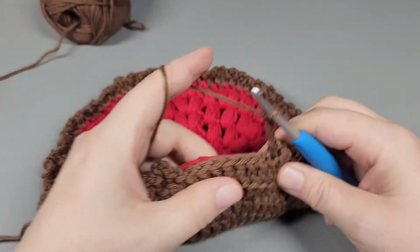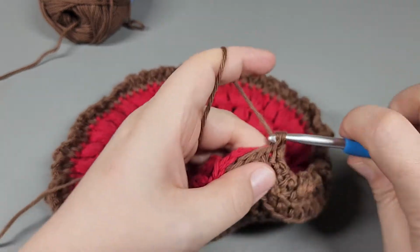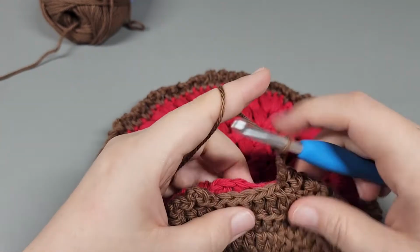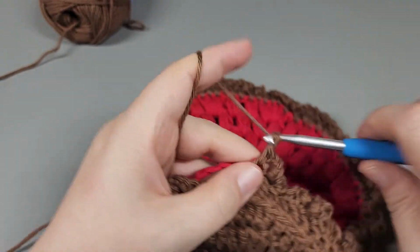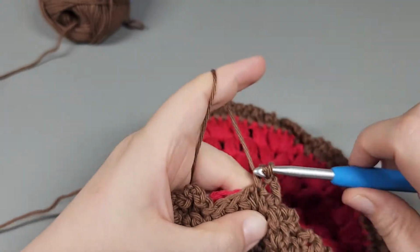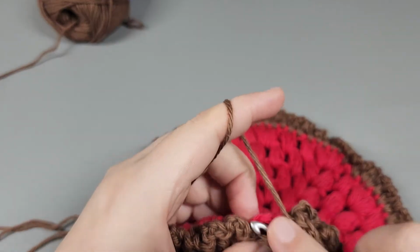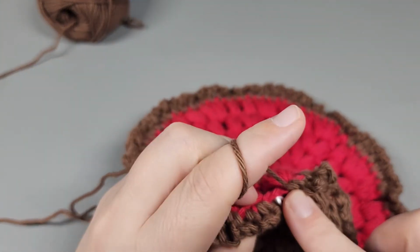Alright, so I am going to go into my next on my crust, skip one on my pie filling, go into the next, chain 3, into the next, single, chain 3, next, one, two, three, next, 1, 2, 3. Alright, my last double, my last one on my pie filling,